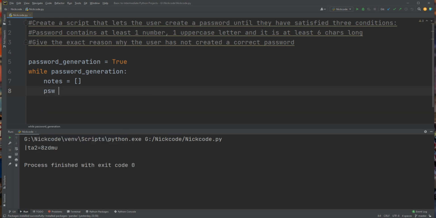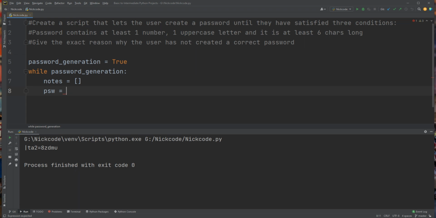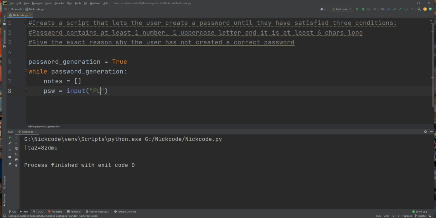and I would be using password as psw, and I will ask the user to input the password first of all. Please enter the password.